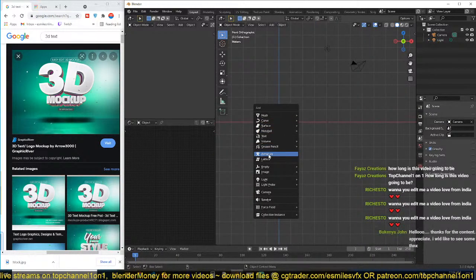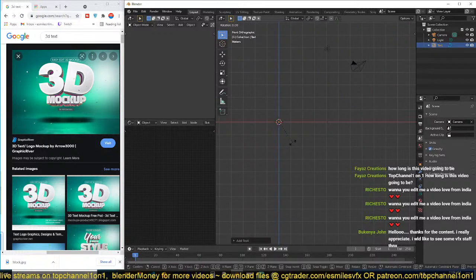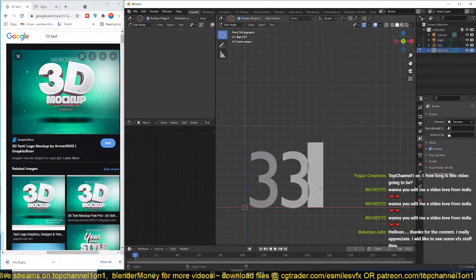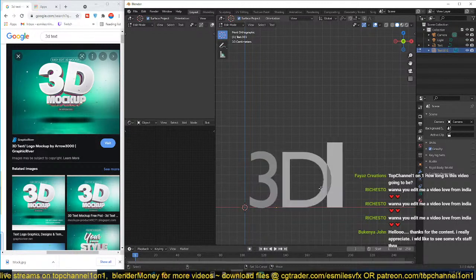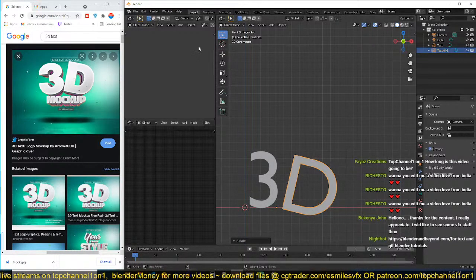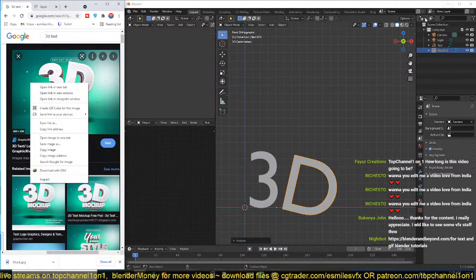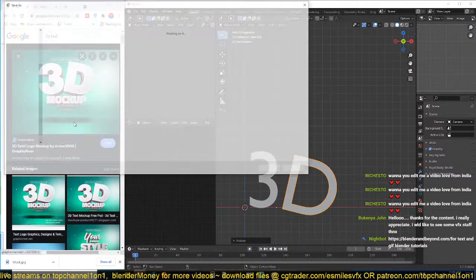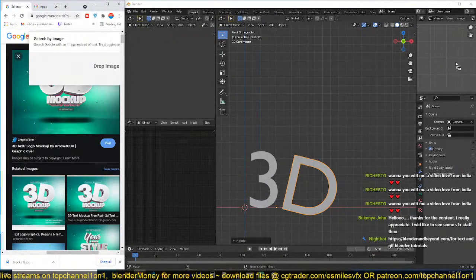So I'm just going to start with the text object. I'll rotate this on the X 90 degrees, go to edit mode. I'll call this 3 because I want this to be rotated just a bit. And you know what, let me just save some space, drag this to there,